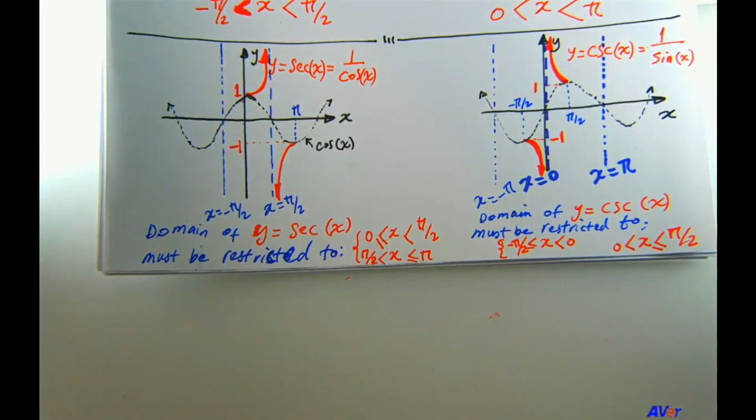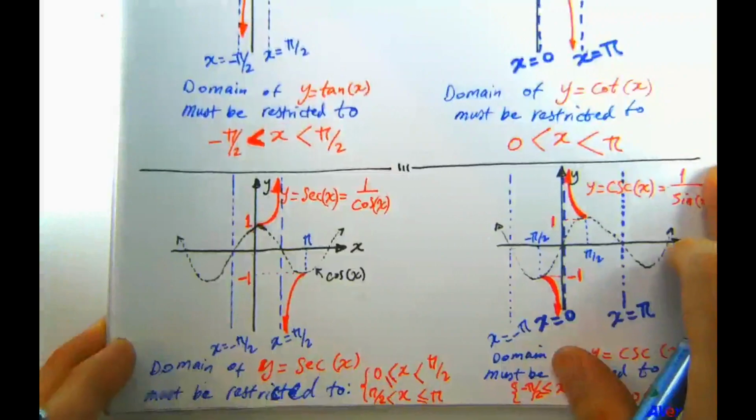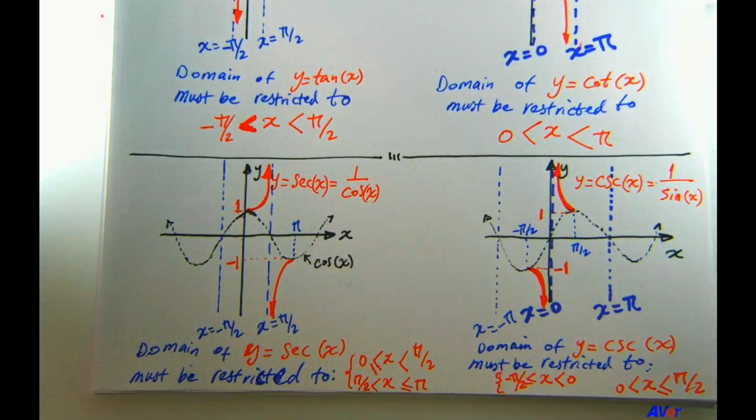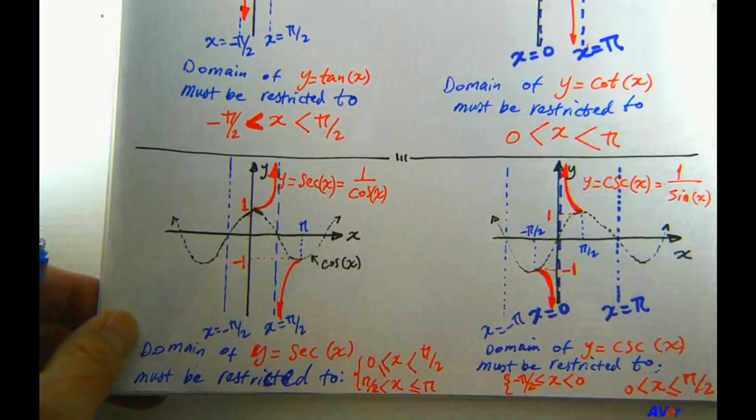Okay, so now that we've talked about that, we can now talk about the properties of the inverse functions, because everything we did on this page from top to bottom was figure out how we should restrict the domain for each of these six trigonometric functions so that we can write down an inverse for it. So the domains that we figured out here are very, very important for each of these functions.